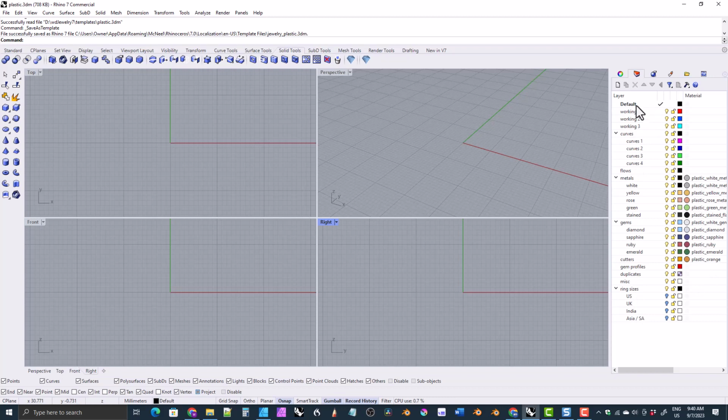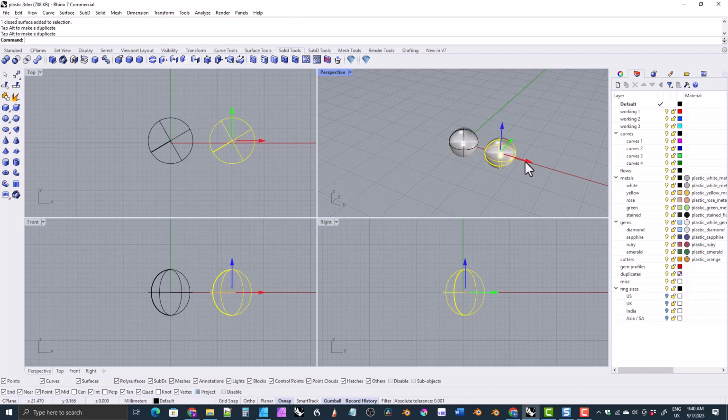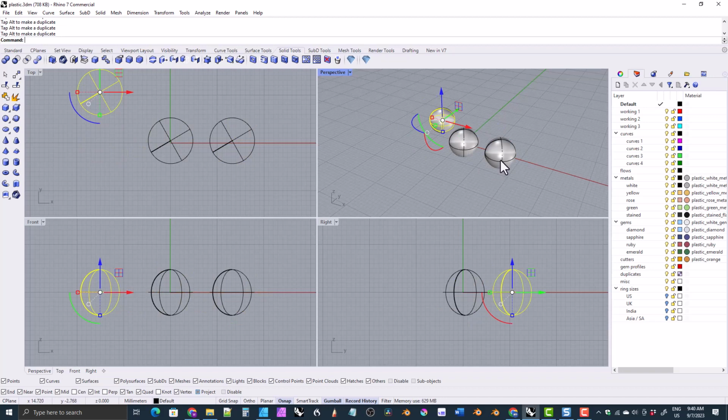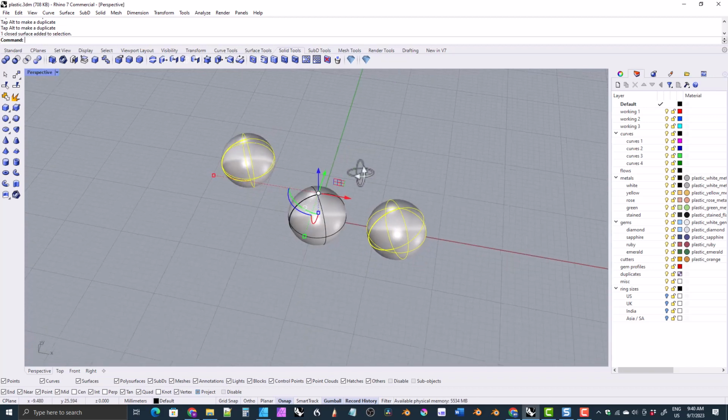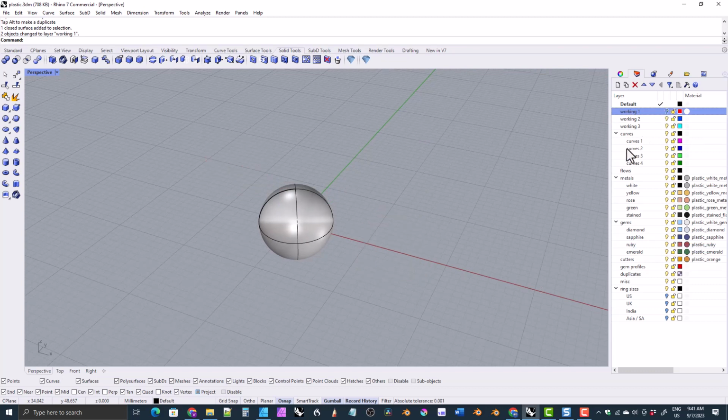Okay, so we'll just give a brief overview here of these three working layers. I just intend those to be things where you can put objects that you need to be on a different layer than the layer that you're working on. So let's say you have a couple of objects here. We'll just put a couple of spheres here, and let's say that two of them you'd like to be on a different layer, so you can easily hide them, right? So we'll just switch over to perspective view, and we'll put these two on a working layer. Okay, so now we can turn those off if we need to